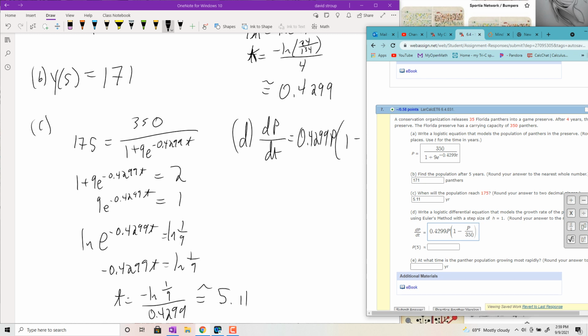So we get 0.4299p times 1 minus p over 350. And then we want to use Euler's method to get, all right, so to get Euler's method to work,